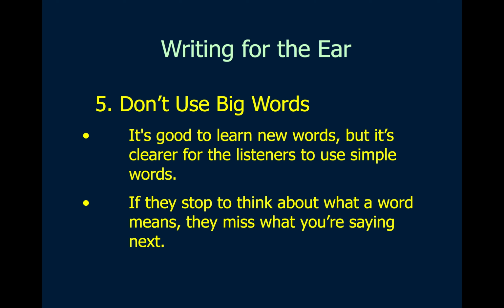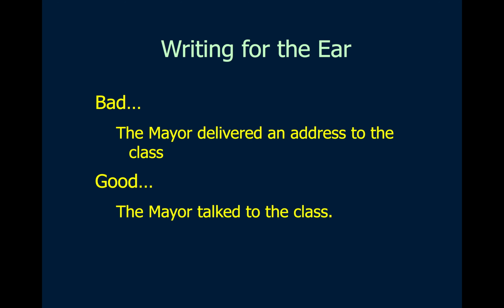I just got a book on a Kindle for the first time, and every now and then I come across a word that I'm not quite sure what it means. It's brilliant because I could double tap on the word and a dictionary comes up on the Kindle. That's pretty awesome. But in radio, if that word came up, I might start thinking about what it means, and then I miss what the person is saying otherwise. Let's give you some examples.